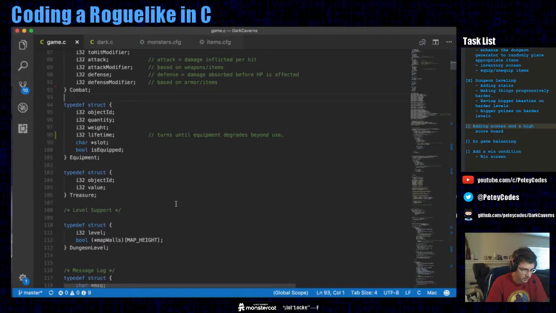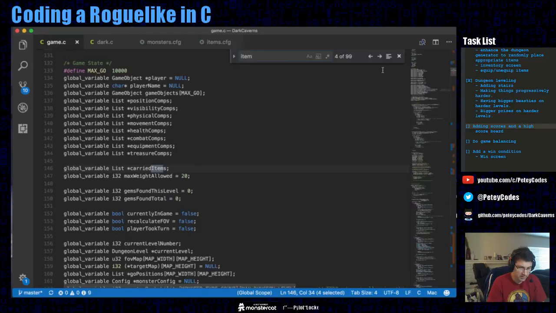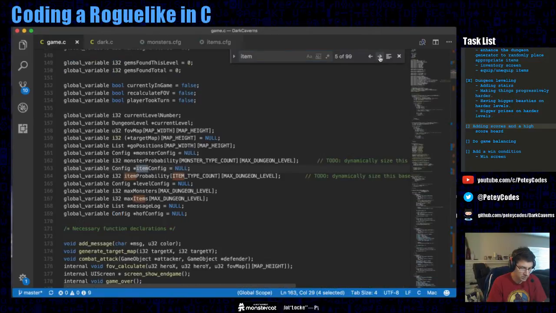All right, so where do we... Maybe it's item? I think it's like add buried items. Oh, so yeah, item creation. We don't want to do it on item creation. We want to do it once the player...